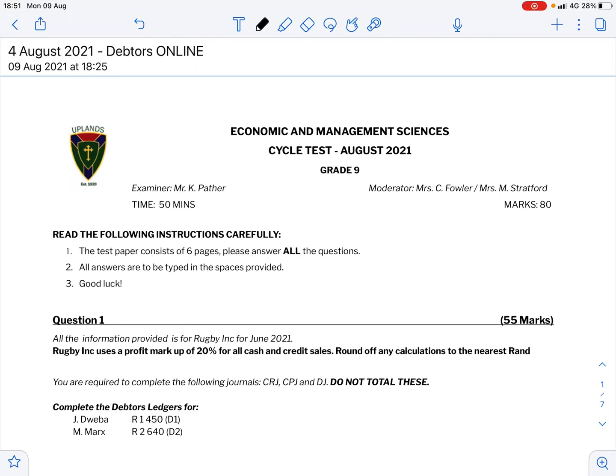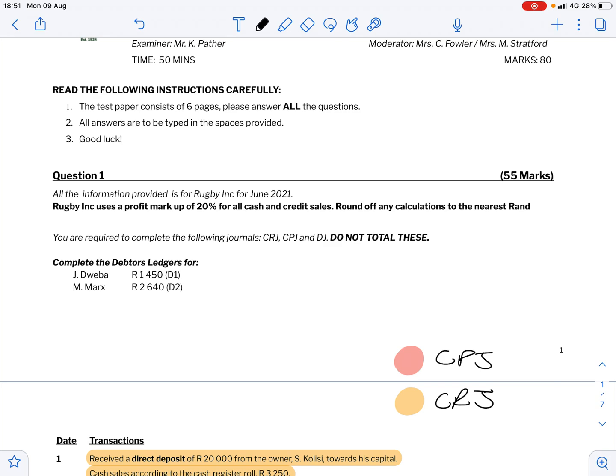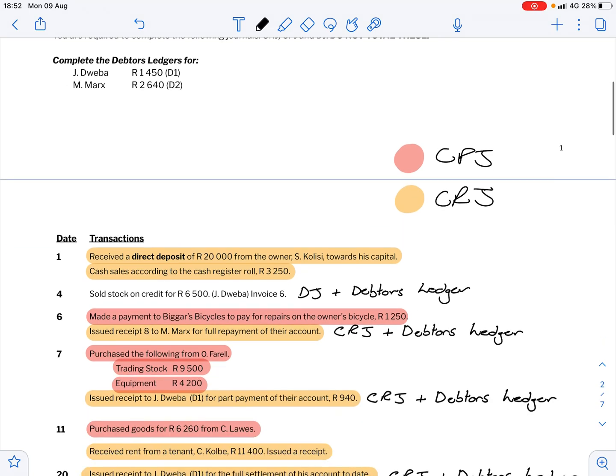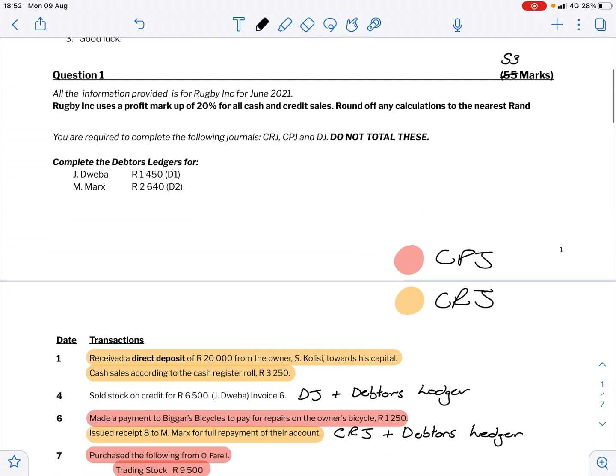Hi grade 9s, today I'm going to be working through your cycle test from last week, and essentially this is a worked memo / review of your test. So if we look at the first question, just a few changes. This was actually out of 53 marks, okay? So I'll show you exactly how to complete the test, as well as where the marks were allocated, and if there are any queries, please don't hesitate to go to your teacher and let them know that changes need to be made. If we look at the first question,